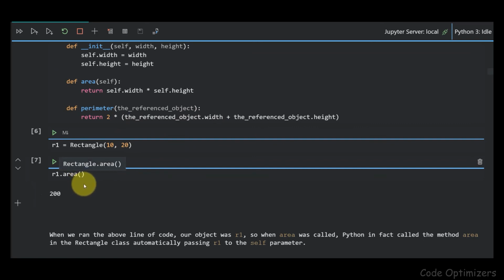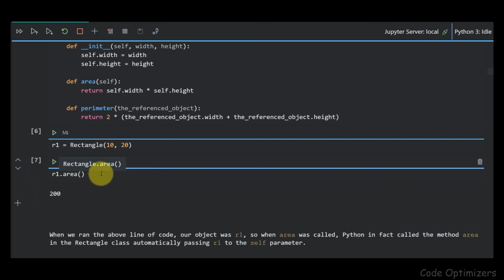r1.area. In this line of code, our object is r1, and when we call area with object r1 in Python, it automatically passes r1 to the self parameter of the area method in class rectangle, and we get the area as 200.